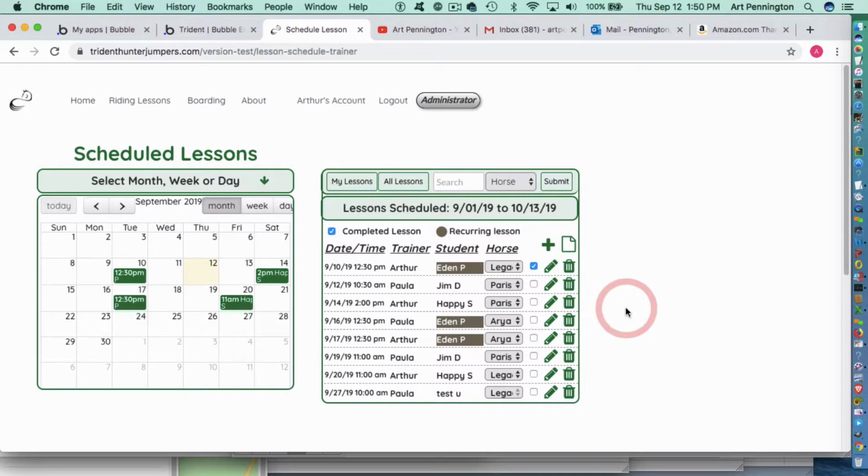Okay, one more thing I want to show you, and that is the completion. This little check box by each lesson here is an indicator whether or not the lesson has been completed. So when the trainer teaches a lesson, maybe at the end of the day, he pulls up this screen and puts a little check mark by each one that's been completed. Okay? And once it's completed, this marks as history. If it's checked as completed and it's a recurring one,